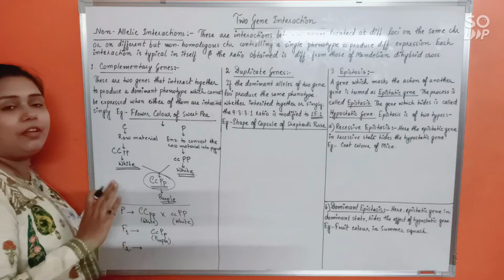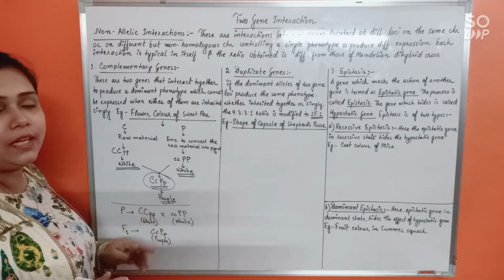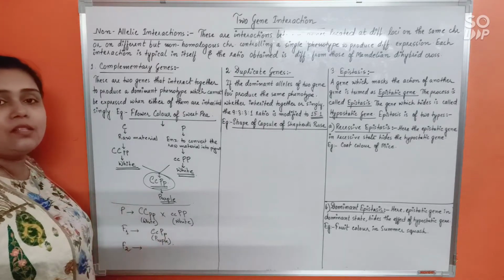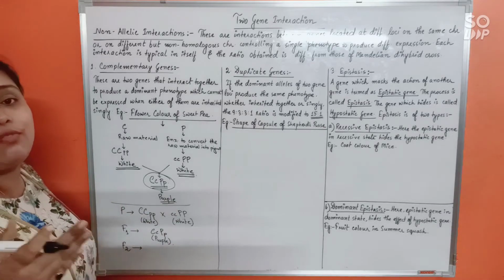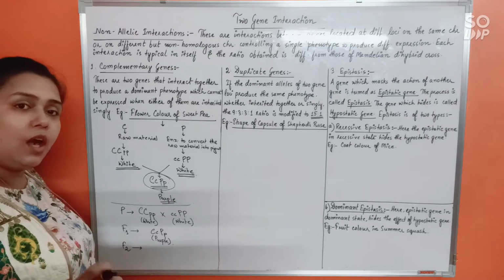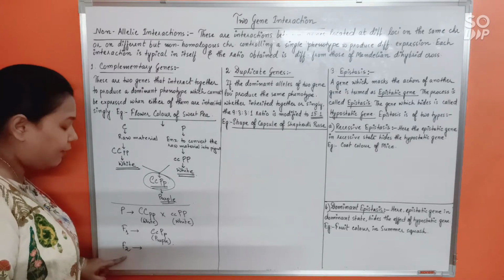This class is going to be very interesting in case you can do the dihybrid cross properly and promptly. Otherwise, it is also a class in which this particular dihybrid cross, which is very important for this chapter, can get practiced as well. So right now, pause the video and find out the phenotypic ratio of the F2 generation.